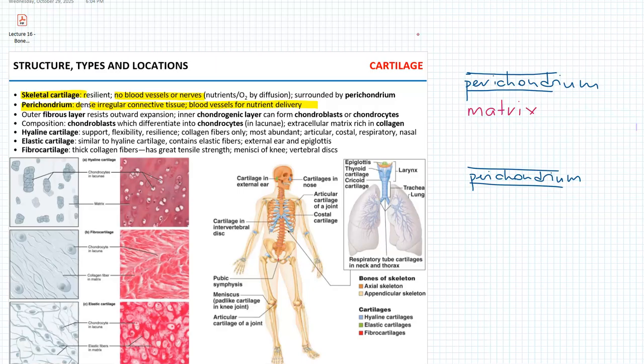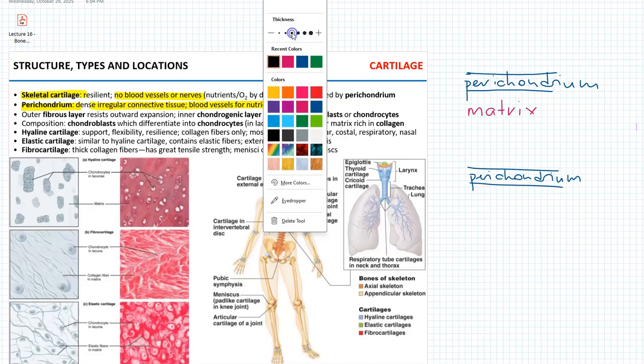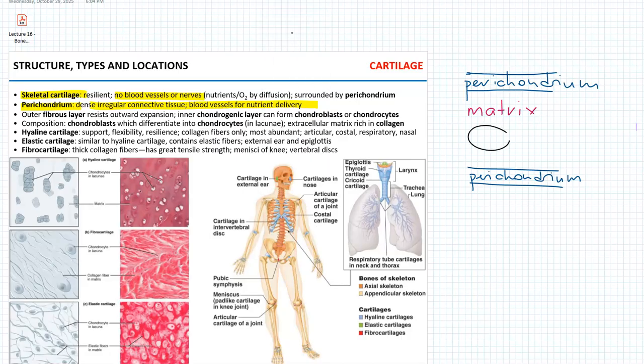Within the matrix, you're going to find lacunae, those are lacunae, and within each lacuna you will find